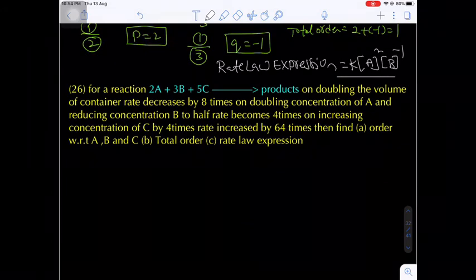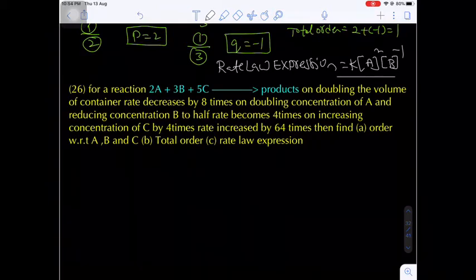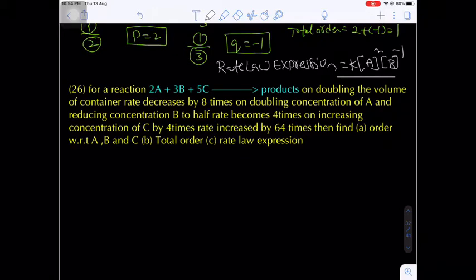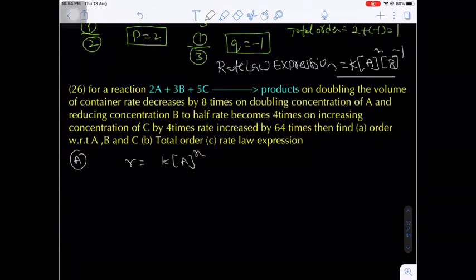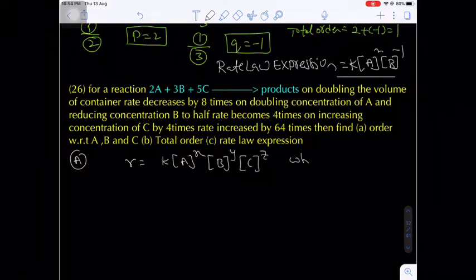Now come to question number 26. For a reaction 2A plus 3B plus 5C gives products, on doubling the volume of a container, rate decreases by 8 times. This is the first information given. Before going to that, I am writing the general expression of a rate equation. That will be R is equal to k times [A] to the power x, [B] to the power y, and [C] to the power z,